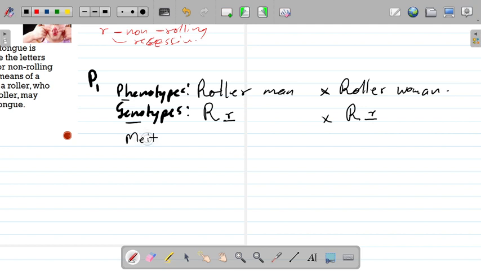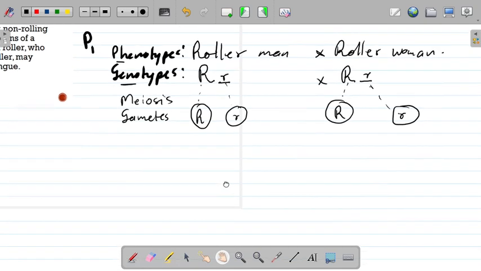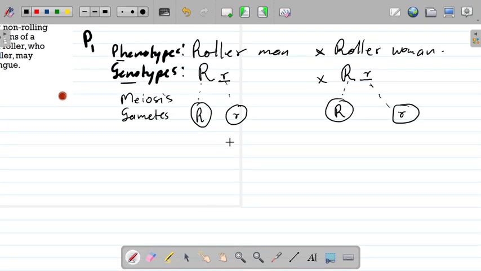Meiosis. Meiosis takes place. Then the gametes are formed. You form the gametes: this one big R, this one small r, this one big R, and this one small r. These are your gametes. After you have your gametes, you have your fertilization